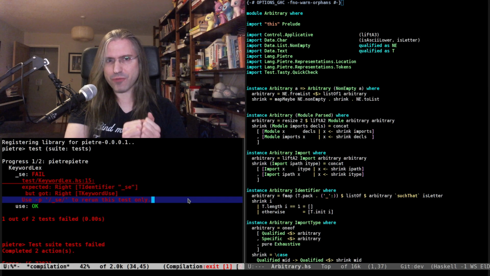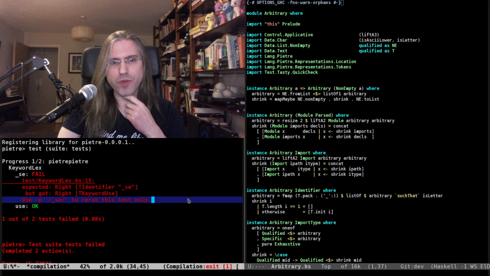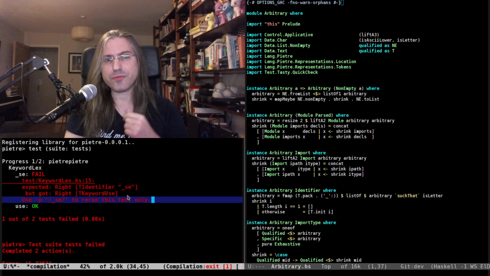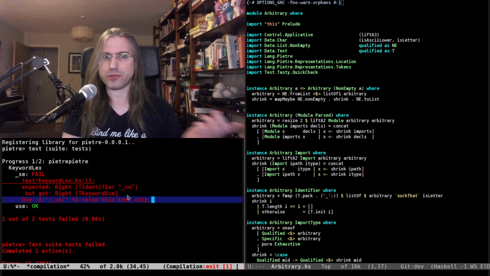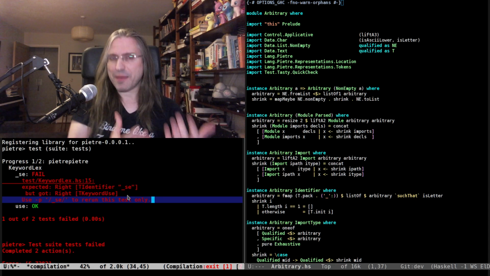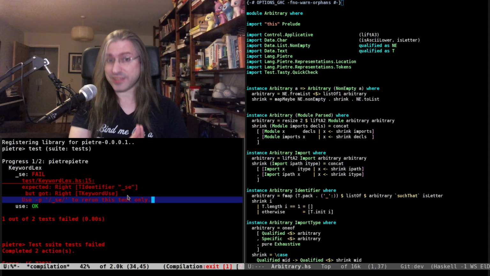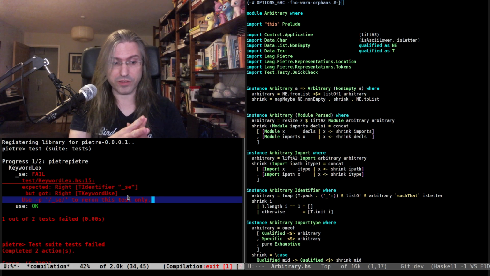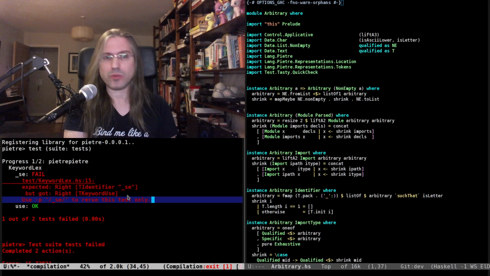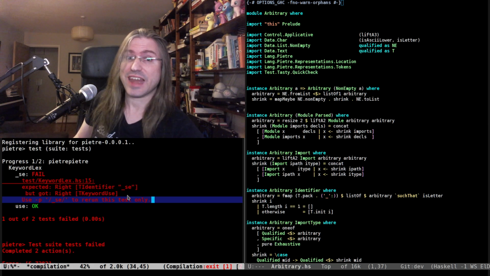Last time we ran into a case while debugging this where the generated test was saying that the string "_SE" was parsed as being the keyword "use". And it took me a long time to figure out why this was happening. It turns out that the bug was in the least likely place imaginable. It was in Alex, the lexer tool we're using.